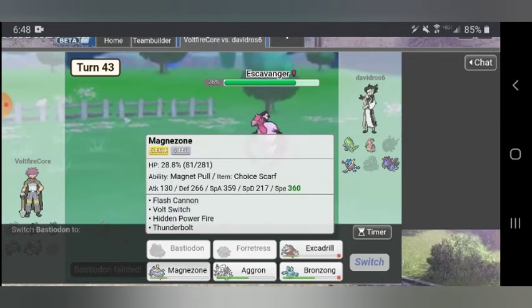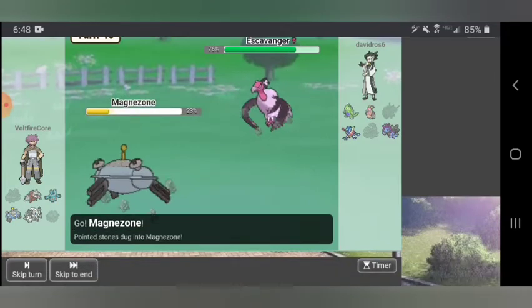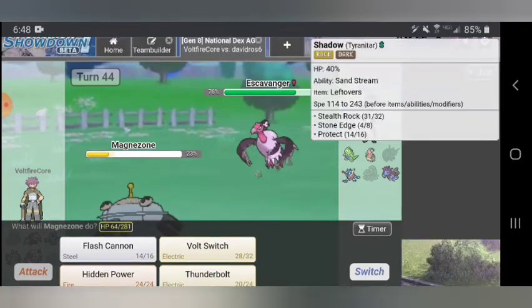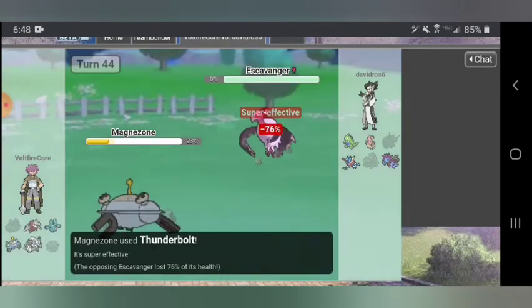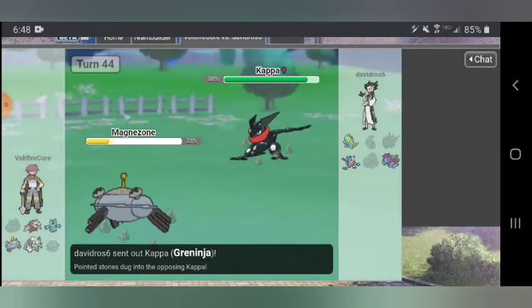So, could just go for a Thunderbolt on my Magnezone. Yeah, I'll go for that. Yeah, I'll just T-Bolt here. He's literally just making the most obvious plays, so I could Flash Cannon, but I really don't want to Flash Cannon on this dude, so I'm going to Thunderbolt here. Yep, so he does decide to finally stay in, and my prediction was actually correct. But now he can go into Kappa,